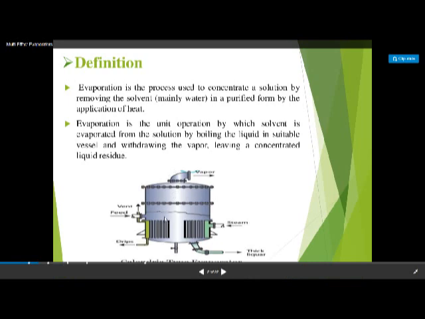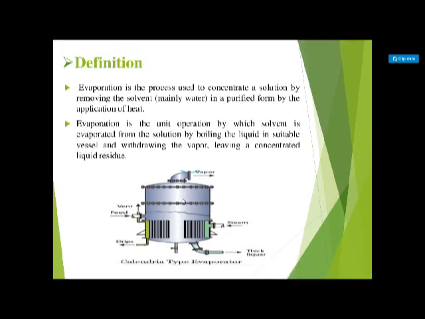Now here we have seen in the previous video about the short tube evaporator, right? In the short tube evaporator, we have seen that a feed valve is there, a vent valve is there, a steam valve is there. So this multiple effect evaporator is nothing but a combination of short tube evaporators. When a number of short tube evaporators are arranged in series, that is called the multiple effect evaporator, as we are getting multiple effects.